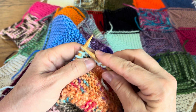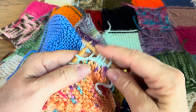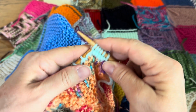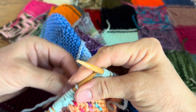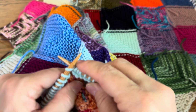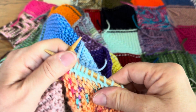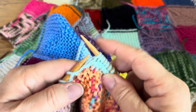So this is 2, 3, 4, 5, 6, 7, 8, 9, 10, 11, 12,